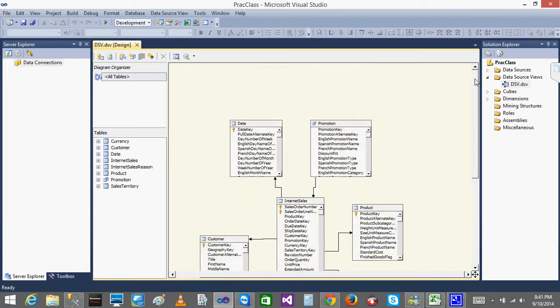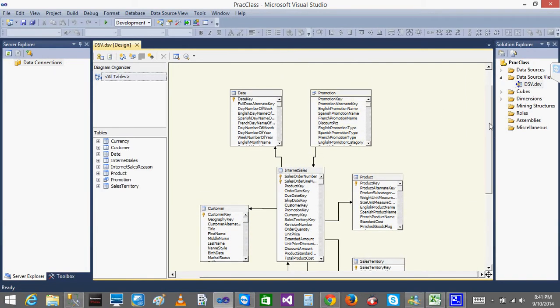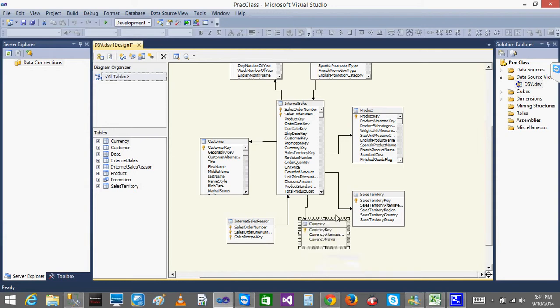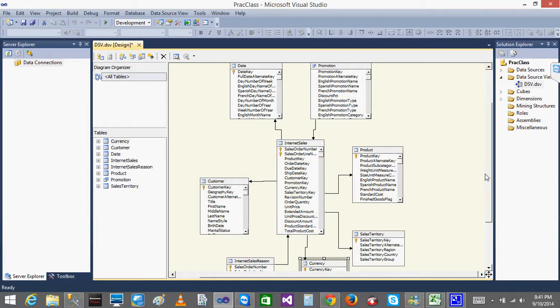Durga, can you say from which table I can take dimensions here? I can see multiple tables, right? Hello? So what is a normal scenario? Which tables can I assume as dimension tables, or which tables can I assume as a